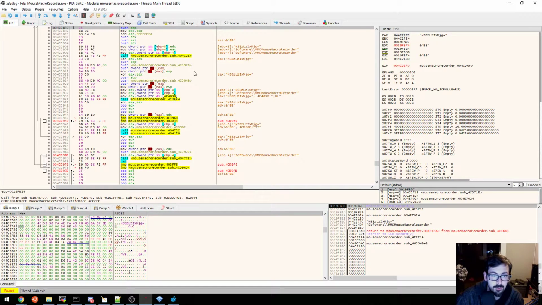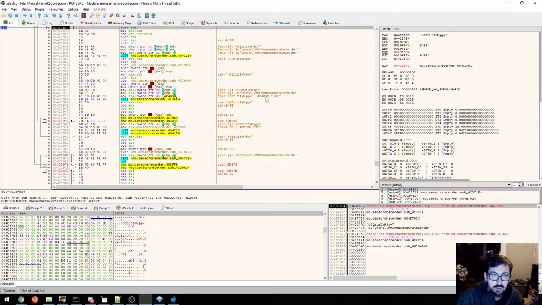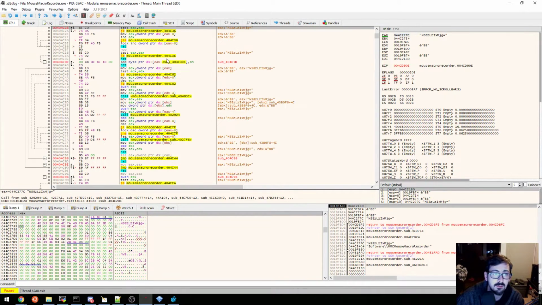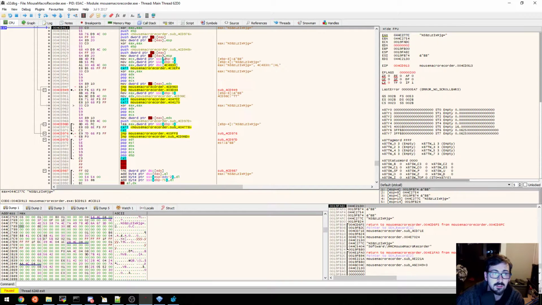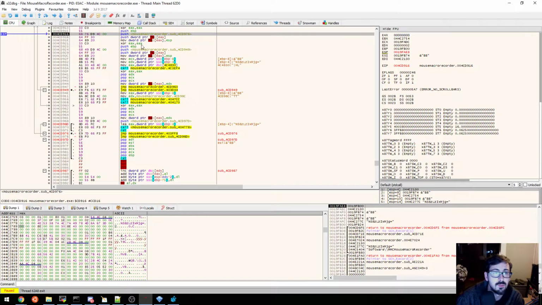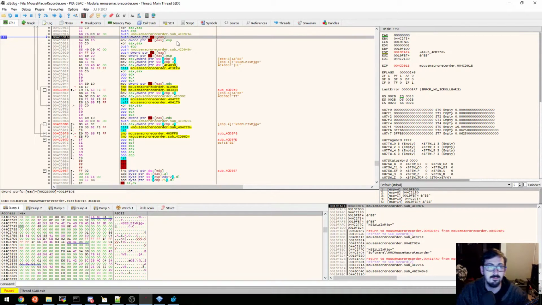More registry crap. That one's interesting. BB. Push the address of a sub. Okay. Push, what's that?